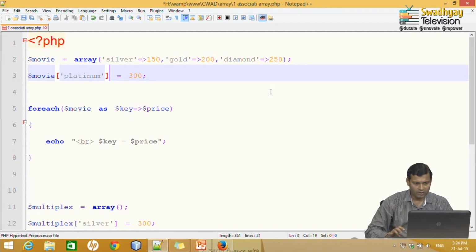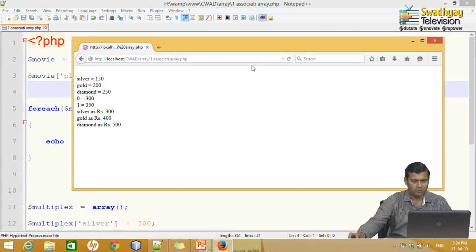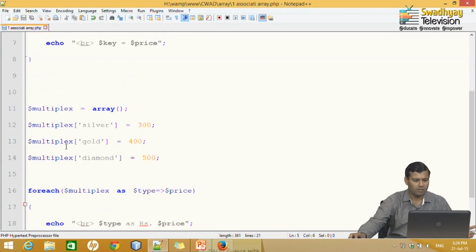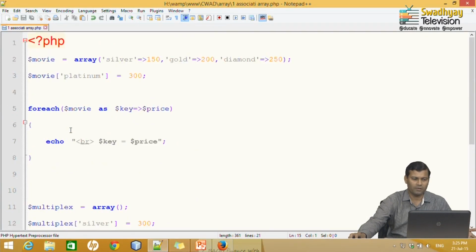So, the cost of platinum is 300 rupees, and now if I display it, look, it will display platinum. So, you can add any element this way, whether it is a single line or multiple line array, it does not make any difference.